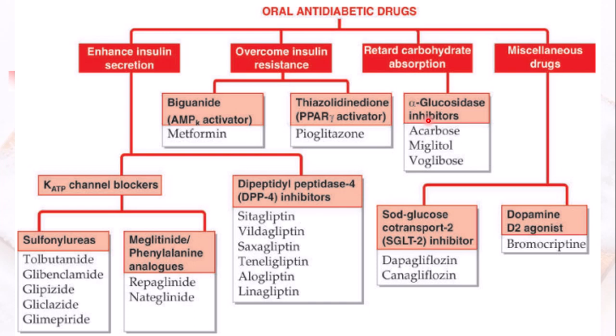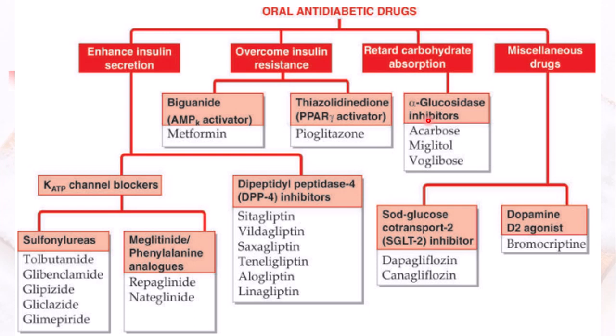For example, alpha amylase, a pancreatic enzyme, converts starch to glucose. So this inhibition blocks that process of conversion of starch to glucose by alpha amylase, and it also